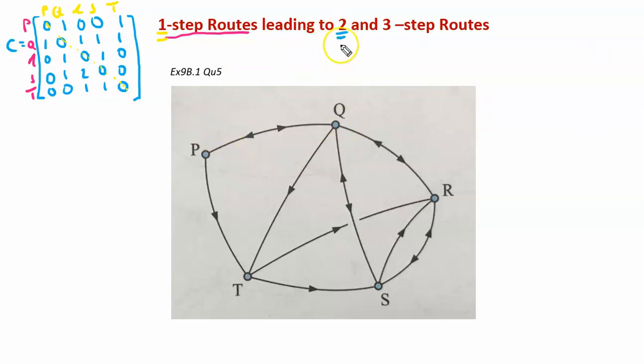So what does it mean, 2 steps? So perhaps pause the video, think about what 2 steps mean. We did talk a little bit about that the other lesson, but have a think and then continue the video. So as we discussed, 2 steps is getting from one place to another in 2 moves. So we can see that we can get from P back to P in 2 moves because we've got an arrow going this way here. So that's 1 move, and then we can come back on that same line with this arrow,